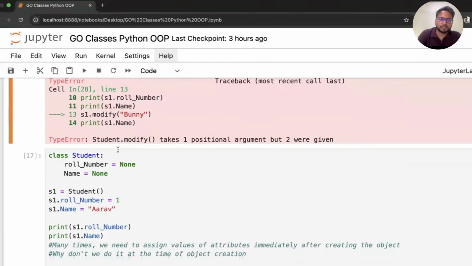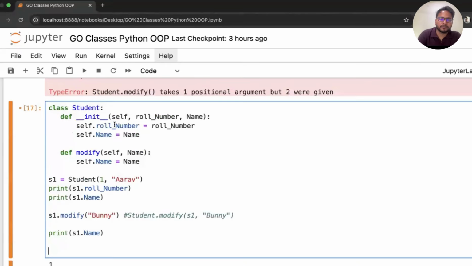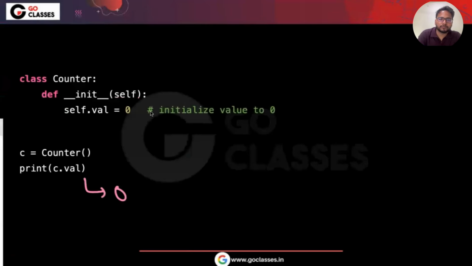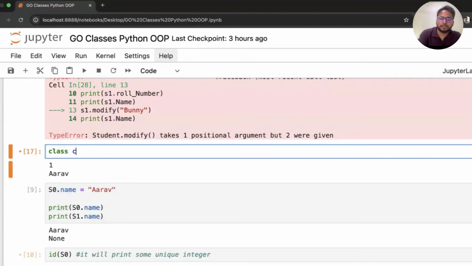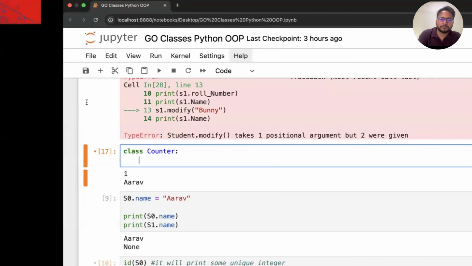Okay, this is fine. Counter, okay, let's write the code from the start. Counter, and then